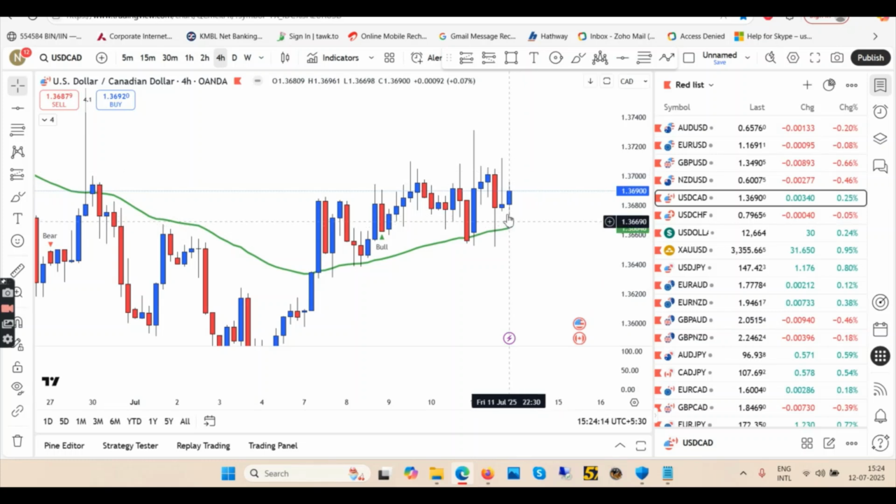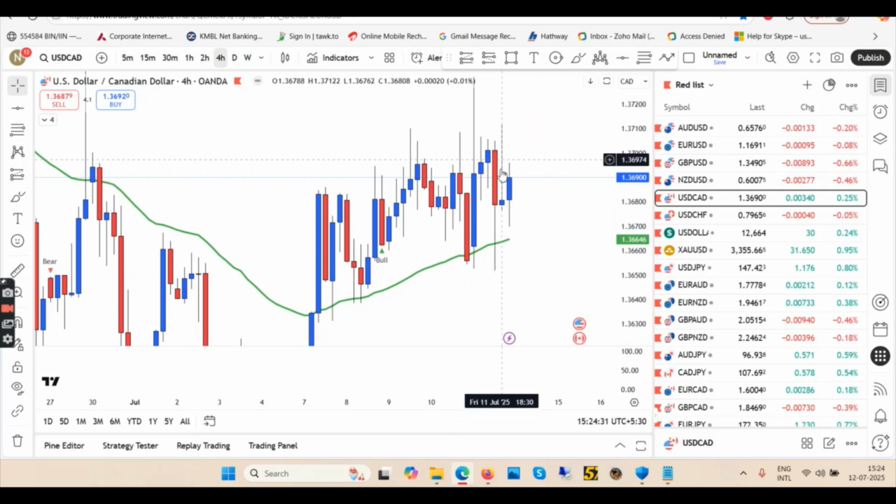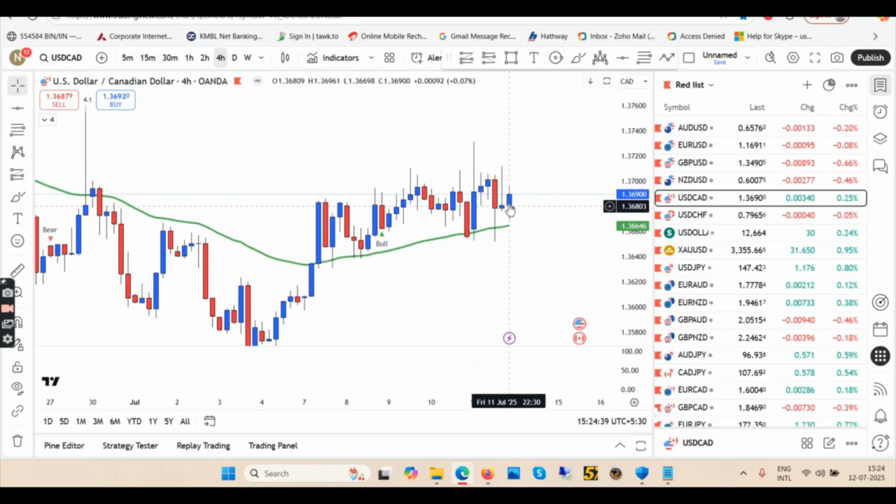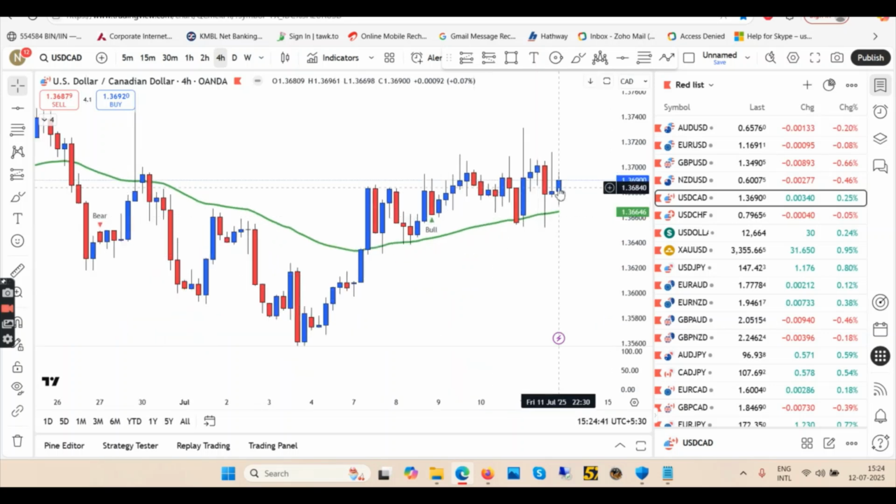So this rejection came, and then Friday is a messed up day. You know that. Friday is like a useless day for trading, so I don't consider these candles for my analysis on Friday. This candle had a rejection from here, and then we have a bearish hammer. You can see long wick from the sellers. Sellers came and pushed the price down, and again we went up. So Friday doesn't make sense to me. What happened last Friday? These candles don't make any sense to me.